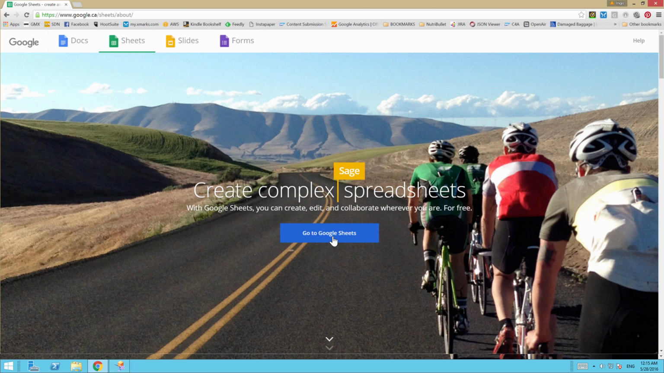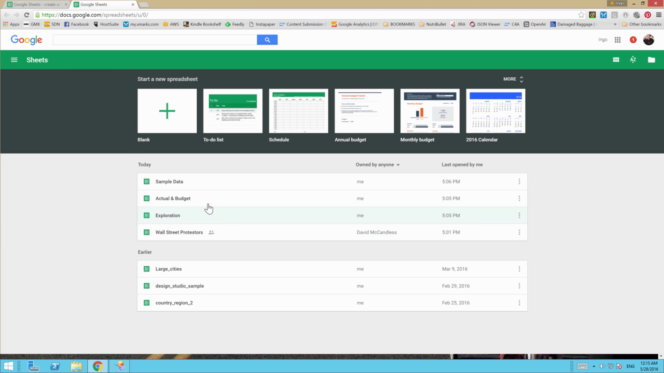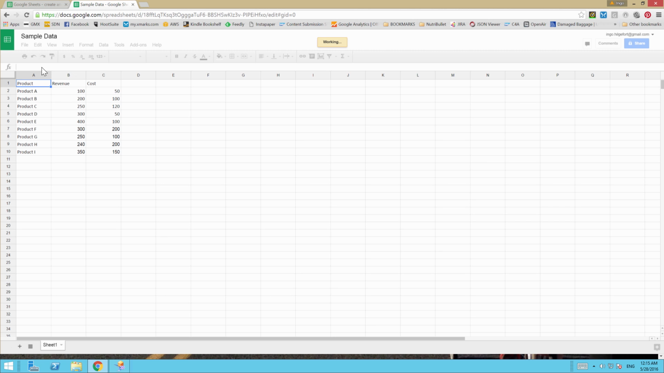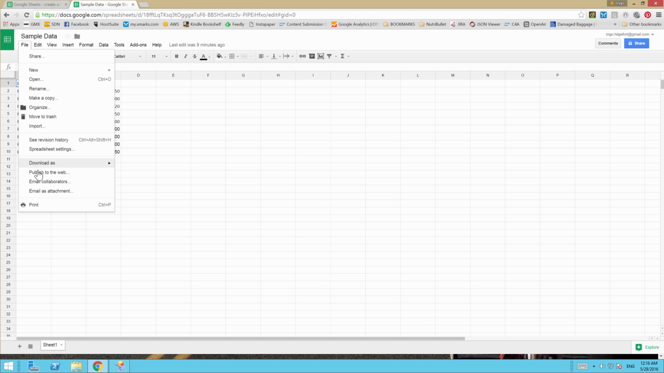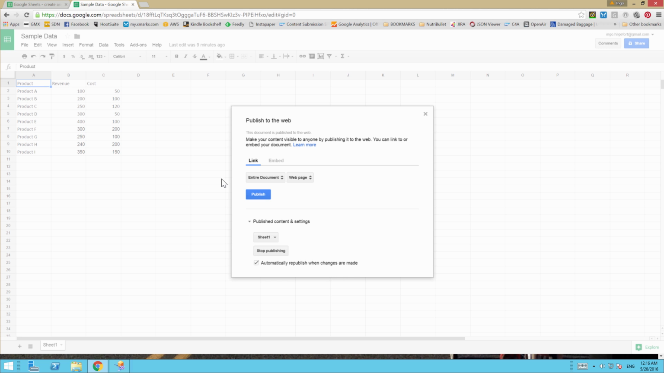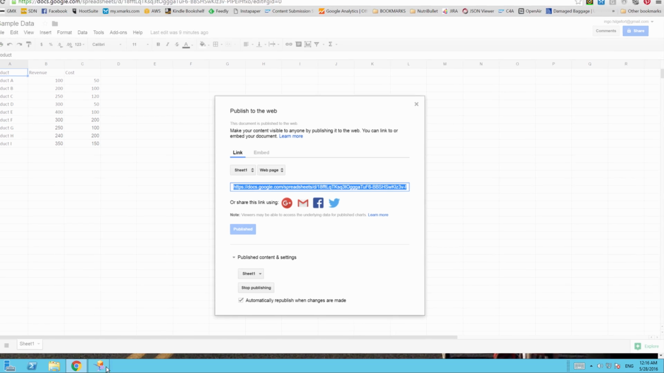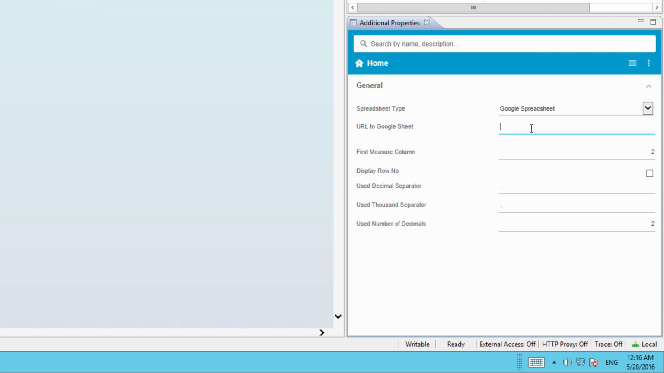So we go to Google Sheets, we open up the sheet that we would like to use in Design Studio. We go to the menu File, and you will find an item called Publish to the Web. That's the one we will use. We select the sheet, we configure the web page as option, and then we have the URL that is required in Design Studio. So we copy and paste the URL inside Design Studio,